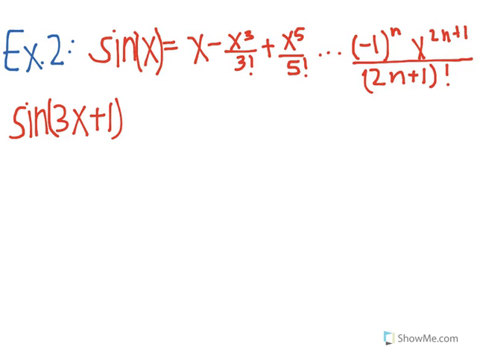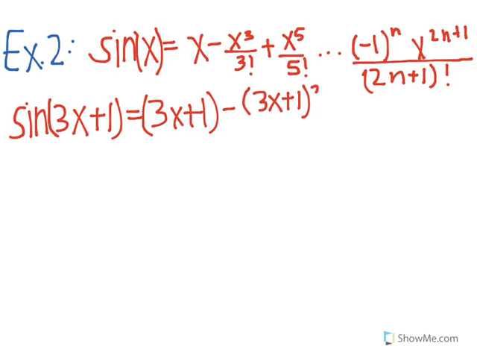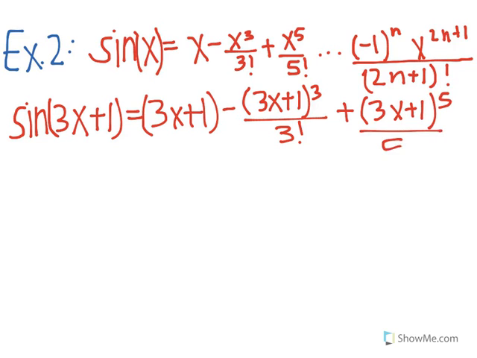Here I have sine x, and I have the first 3 terms and the general term. We're going to try to find what sine of 3x plus 1 is. So you're basically going to do the same thing in this situation. You're going to put (3x plus 1) minus (3x plus 1) cubed over 3 factorial plus (3x plus 1) to the 5th over 5 factorial,